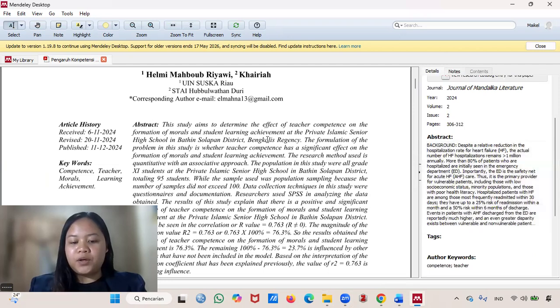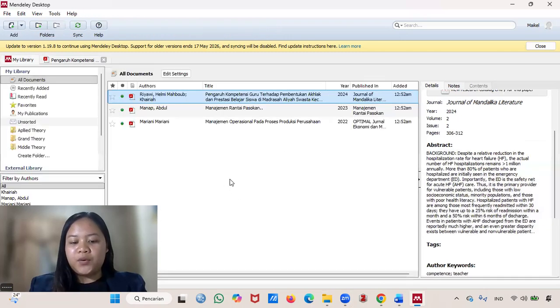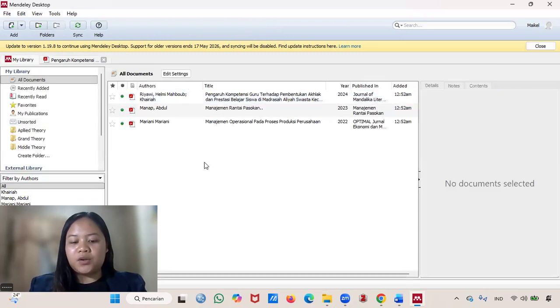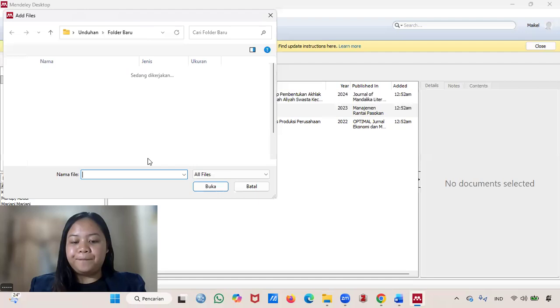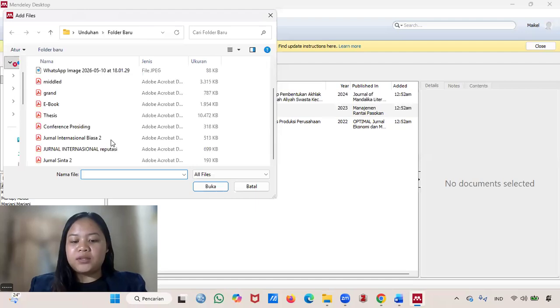Now, for the other two journals, whether an international journal or another national one, the steps are exactly the same. We still use the Add Files feature and the same metadata check. So I'll just show you the quick process. Okay. Now, all three of the journals are ready in the library.